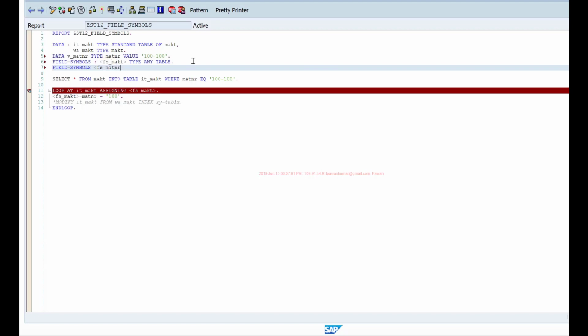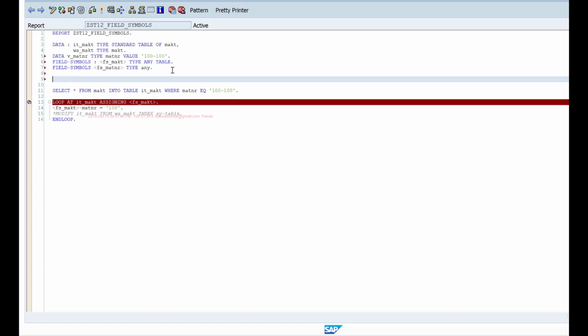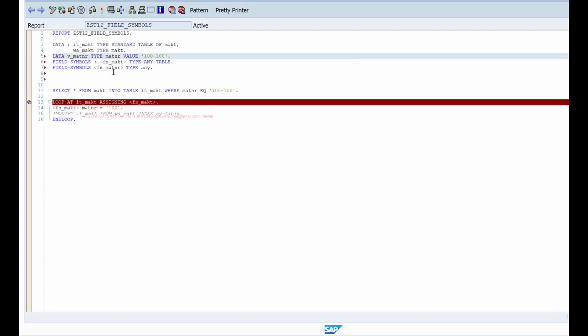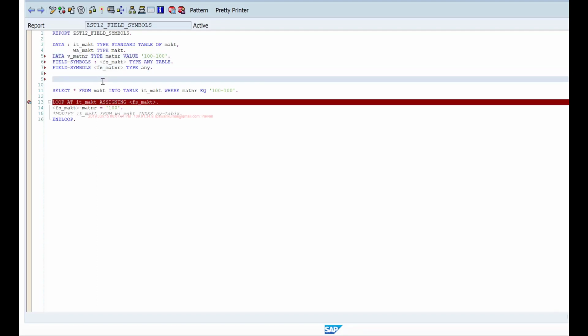Either I can say type matnar if I know statically that only a field of type matnar will be assigned to this, or else I can simply say type any, and then I can assign this matnar vmatnar to this fs matnar by using the statement assign vmatnar to fs matnar.